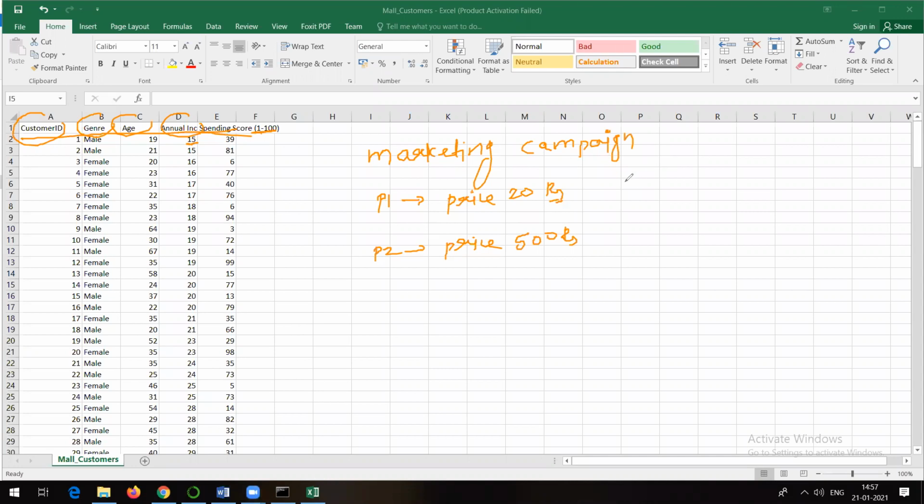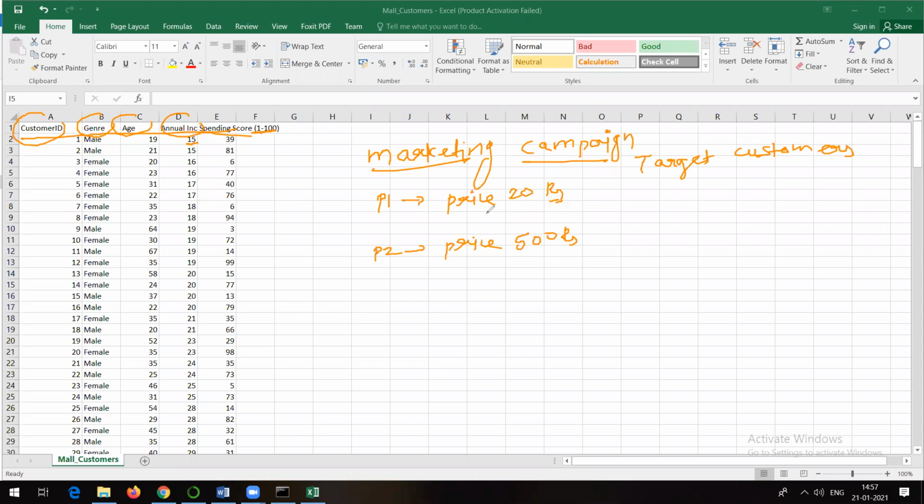So here, in a marketing campaign, they always look out for target customers. For that they want different groups of customers. The people who always go for cheap products will be one group.